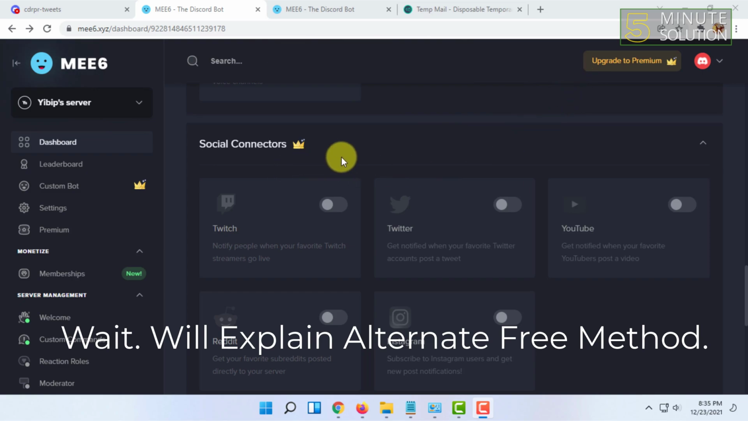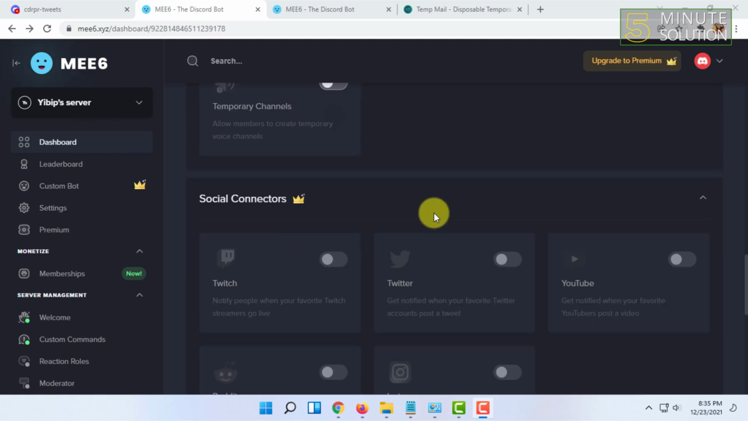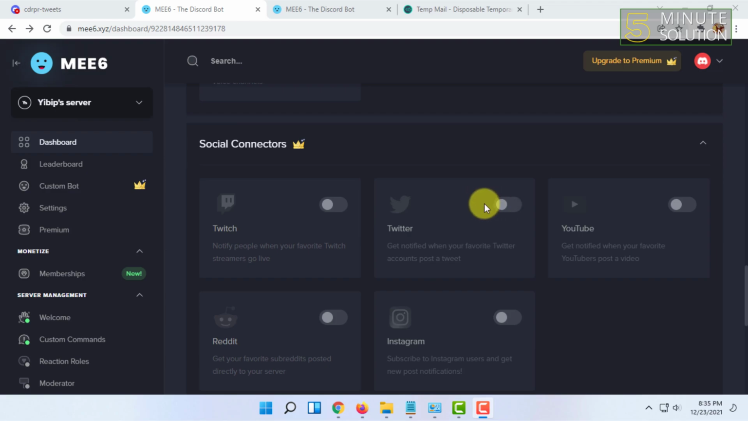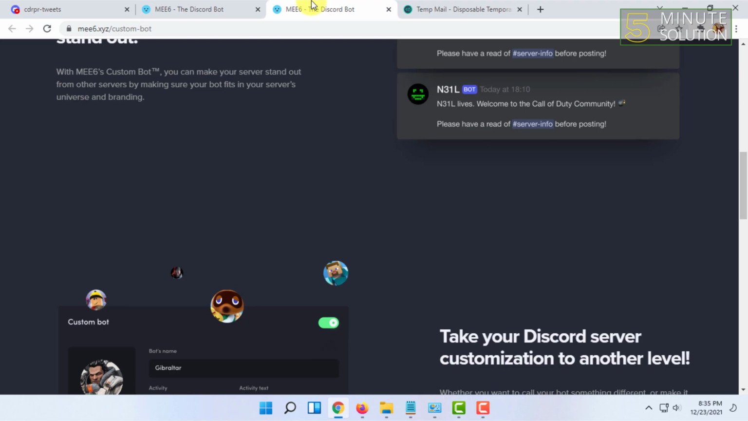But if you have the money to buy a subscription, then I would say buy a subscription of them if you are a frequent user of Discord, because this is a very helpful bot which you can use to do many other things. So currently you have to pay for the Twitter integration to work, but there is another way I can show you guys. So for that you have to go to